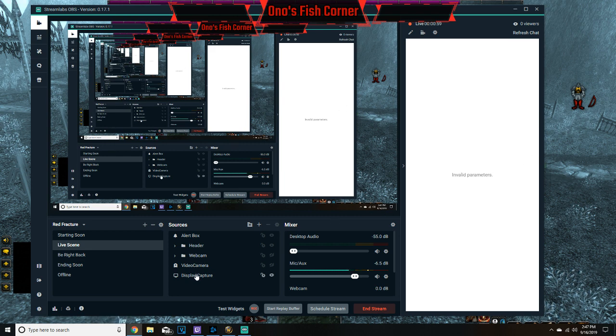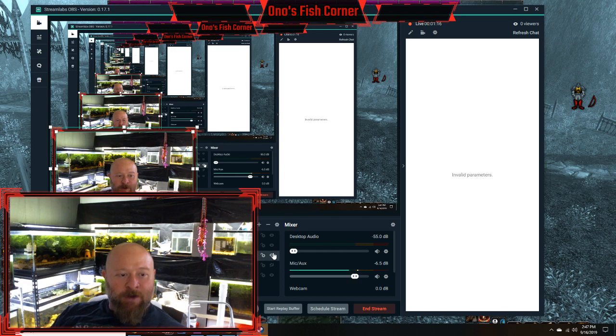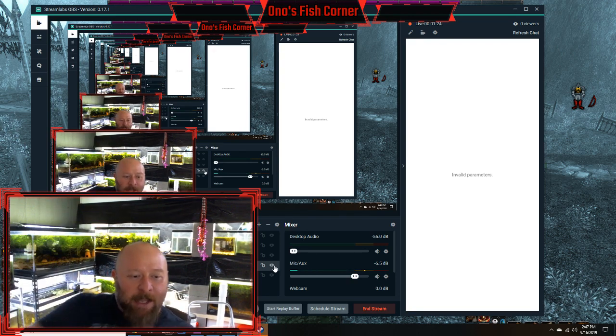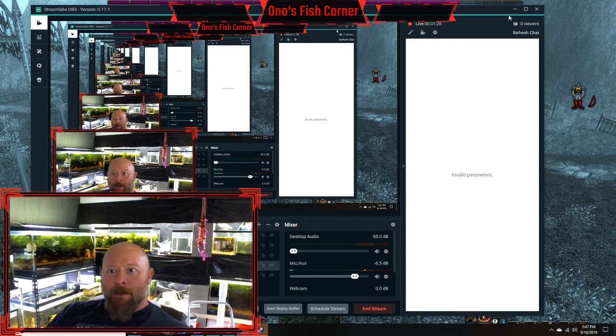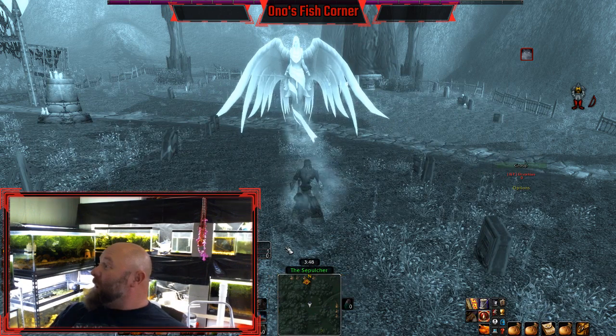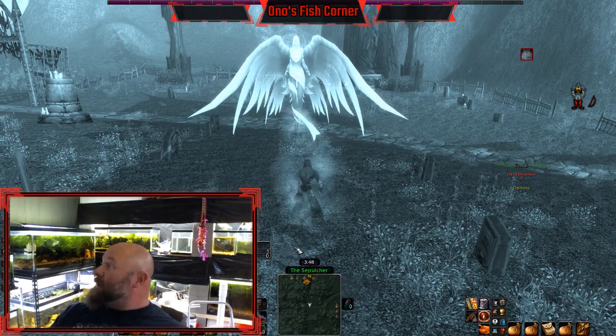So if you're looking at your display, like your sources, do you have your sources set up to where, like, for instance, mine. There's a webcam, and then I've got an outline for the webcam. So if you look at, let me do this just a second. So if you look at more than likely the screen of WoW,